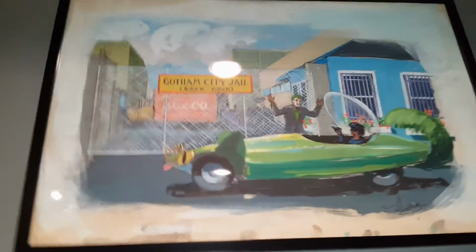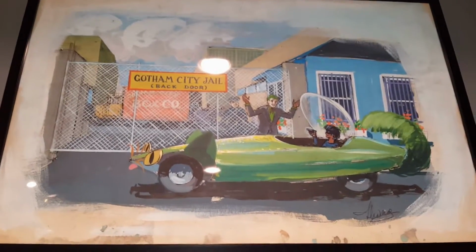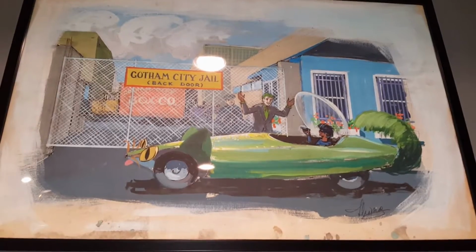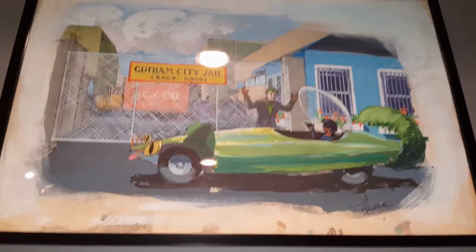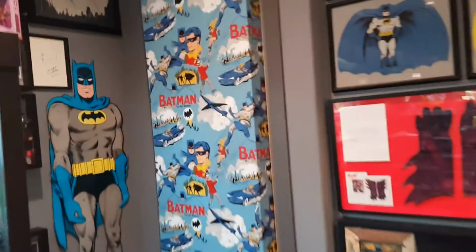I got a lot of posters. Well, this is kind of cool. This is actual production art from the TV series. This is the guy who would read the script and then do a painting of what the set should look like, and then they would make the set based on his rendering. A guy named Leslie Thomas used to do all those. That's an actual one from the production. Movie posters. Lots of cool stuff,